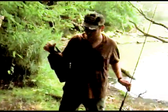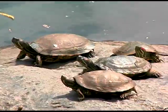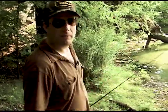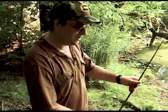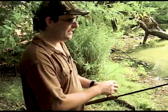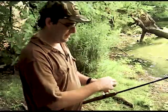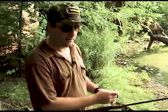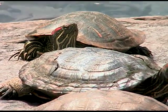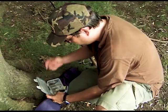There's lots of turtles here, a million turtles. And you can't throw topwater here. One, because I've never caught a fish on topwater, but two, the turtles chase the topwater. So if I run a little pop bar or spit an image or something, turtles just flock to it. Haven't hooked one yet. I don't want to hook them. But it's kind of a drag, actually. I think they should bring Ted Nugent in here or something and do a Spirit of the Wild for the turtles. So we're gonna rig a 4.0 wide gap hook